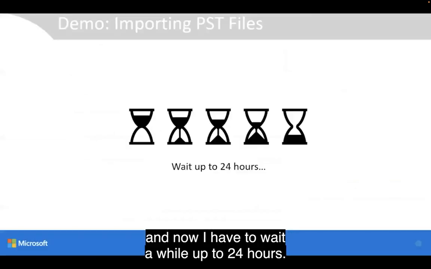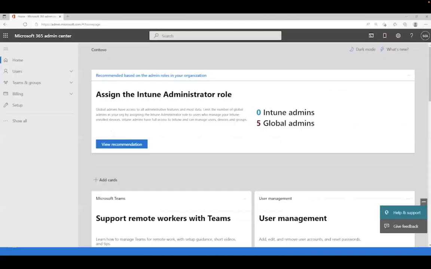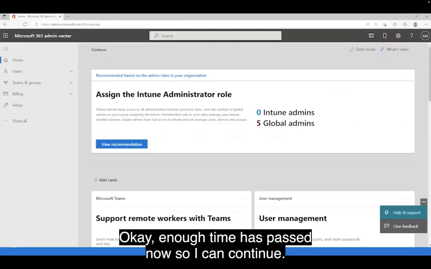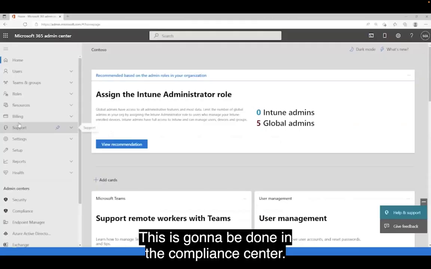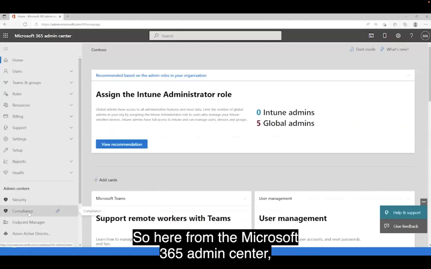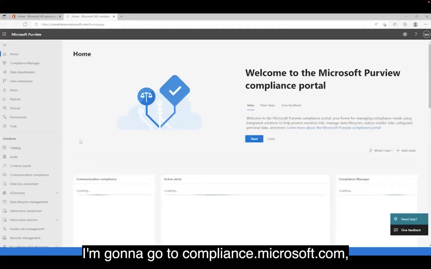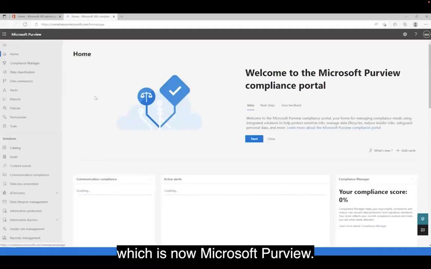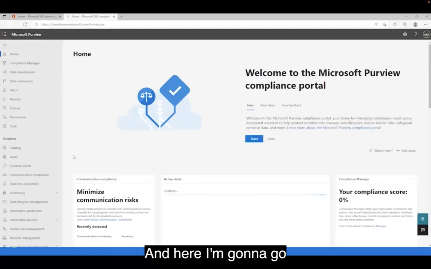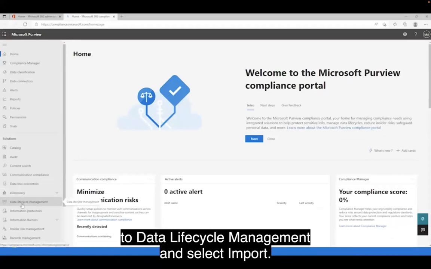And now I have to wait a while, up to 24 hours. Okay, enough time has passed now, so I can continue. This is going to be done in the Compliance Center. So here from the Microsoft 365 Admin Center, I'm going to go to compliance.microsoft.com, which is now Microsoft Purview. And here I'm going to go to Data Lifecycle Management